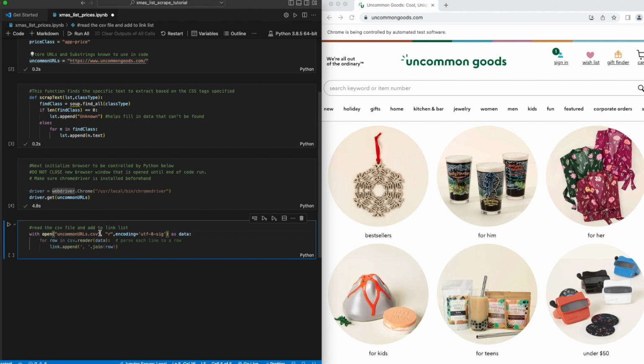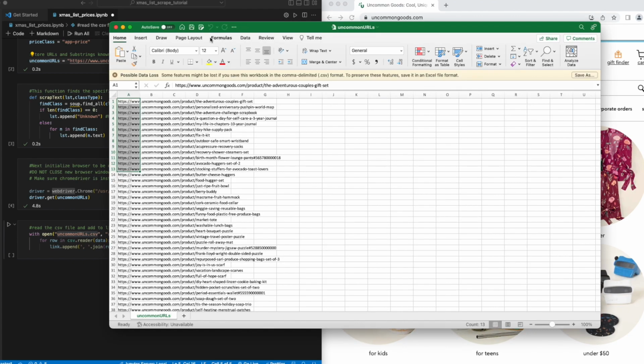file location here. But because it makes it easier for myself, I want to put my data file in the same folder so I can just reference it by the file name. So make sure you put your CSV file in the same folder. I'm going to do that now, and then I'm going to save it as